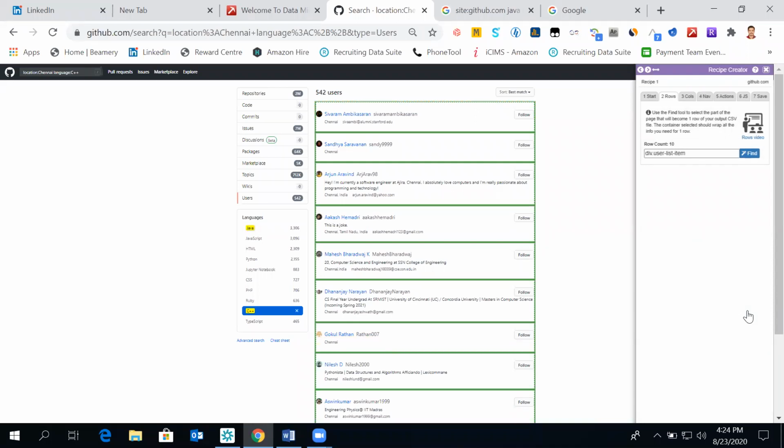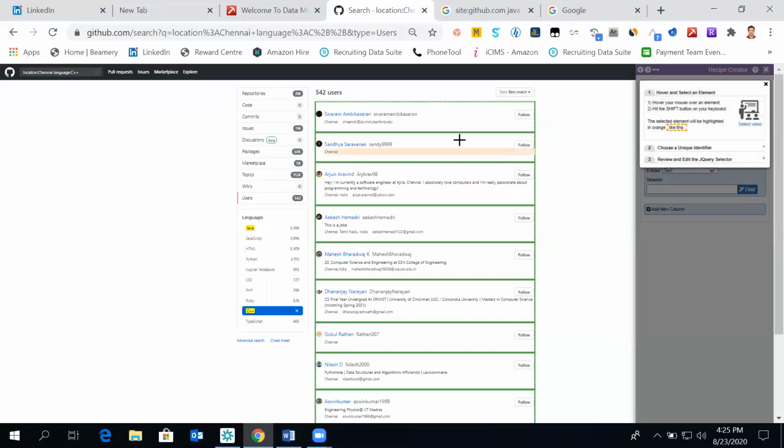So now we know that whatever the command we are giving to Data Miner to scrape data from is only going to scrape data from this particular list of results. Then we go third, columns. Now here I say column 1 name or candidate name. As a text, we have different formats: text, exclude children, HTML, URL, image URL, other attributes. So first I'll go with the name.